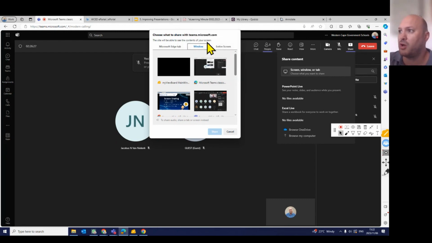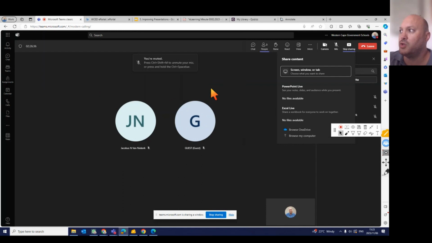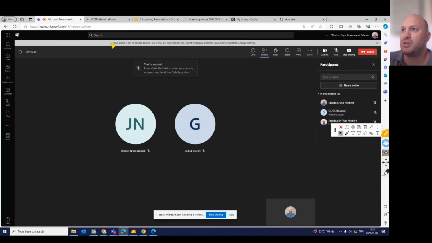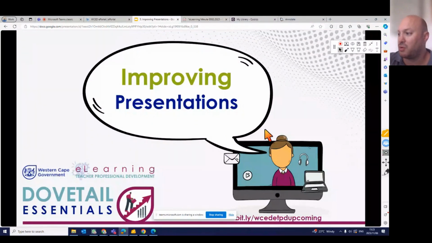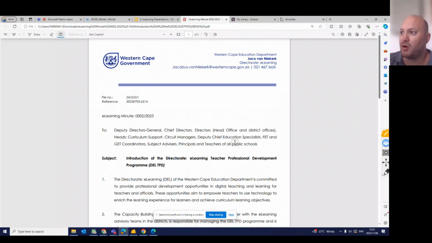Now I'm going to show you, if I then share this window that I have over here. So I'm sharing the window. The useful thing about this is that it'll at least cut out some elements of my browsing experience. So I can now switch between my tabs. There I've got a website open. There I've got a presentation open that's already in full screen mode, so I can just move through that presentation. Here you'll see I've got a